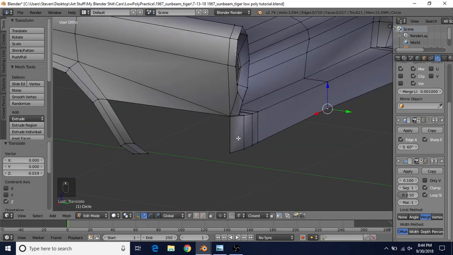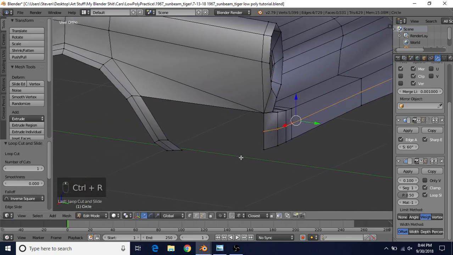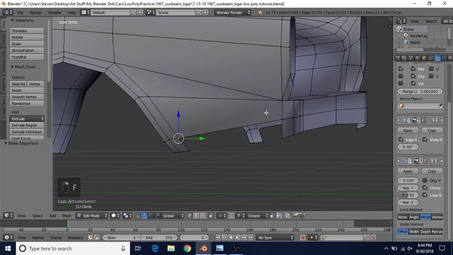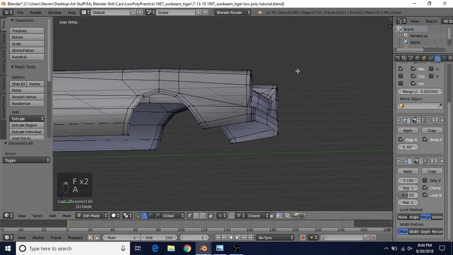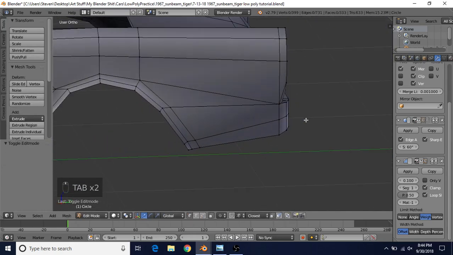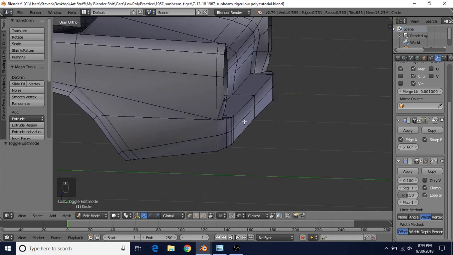And then to kind of connect this over, we can just do Control R, left click, right click, and that will allow us to select these 4, press F, and then these 2, and press F, and that will connect that over nicely. So now that we have this extra edge loop here, we can kind of put some more curvature to this,